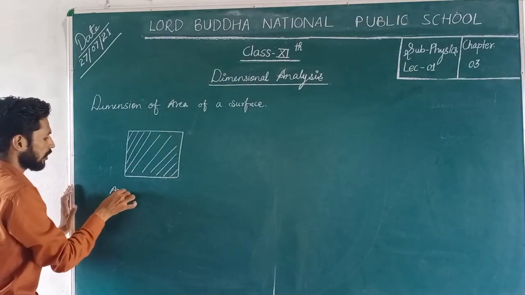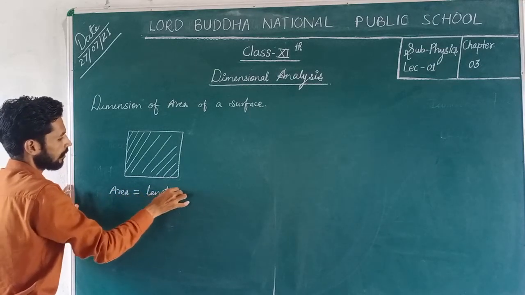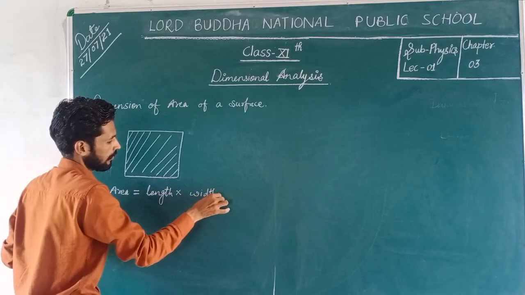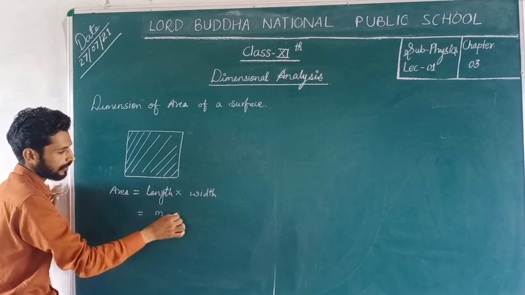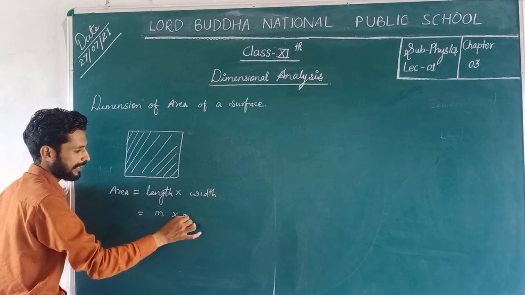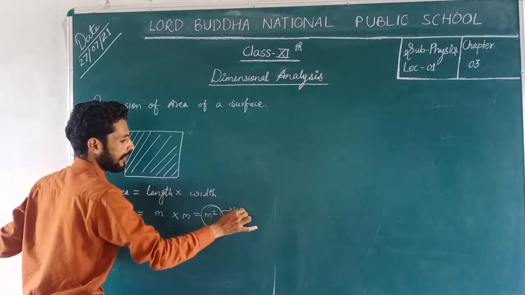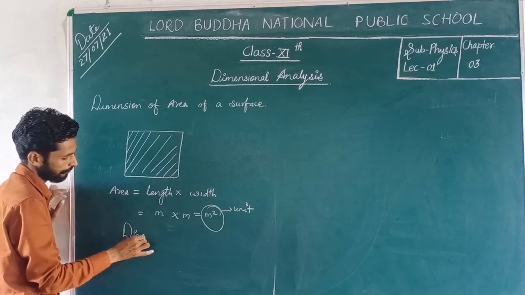So area, that's equal to length into width, like this. So the unit of length, that is meter, and also the unit of width, that is meter. So that's equal to meter square. This is the unit of area, and now the dimension will be